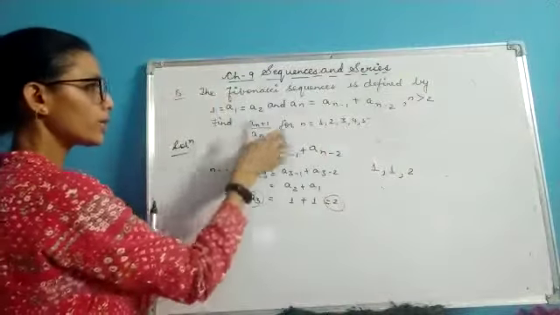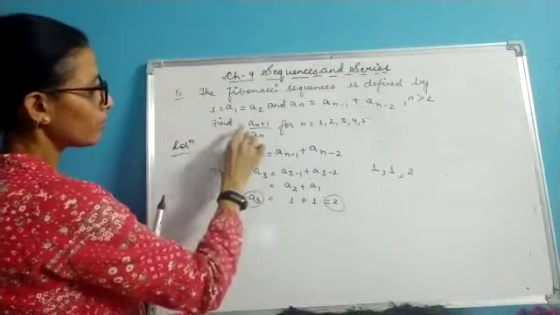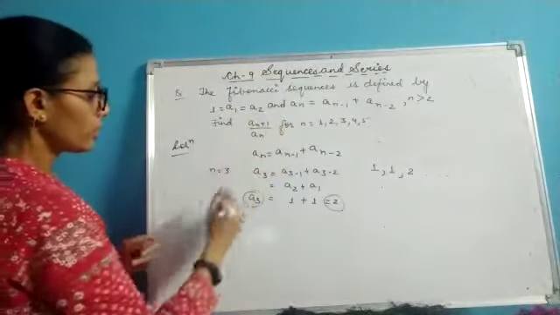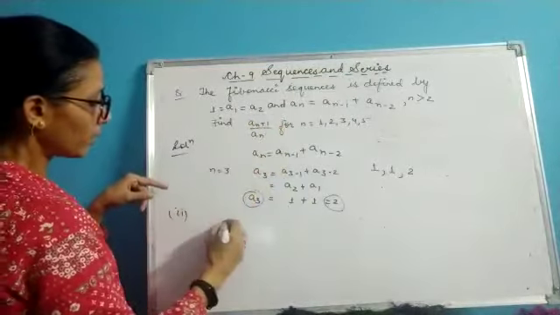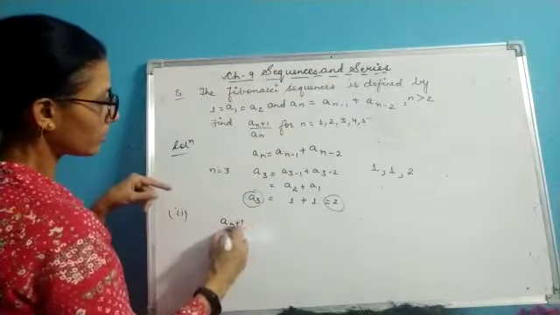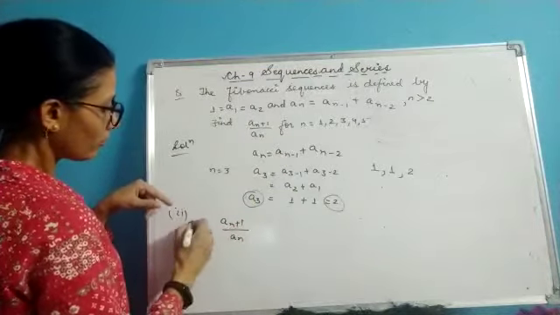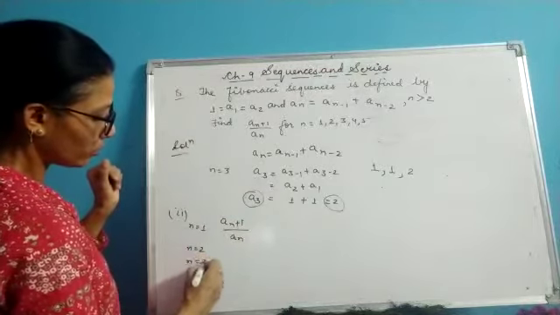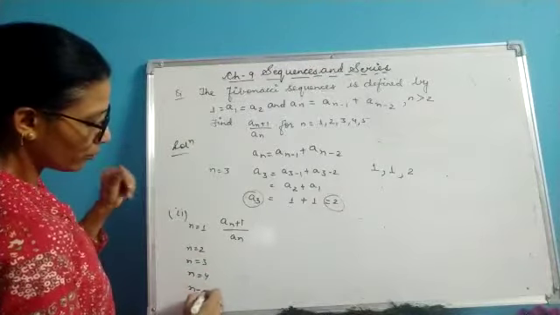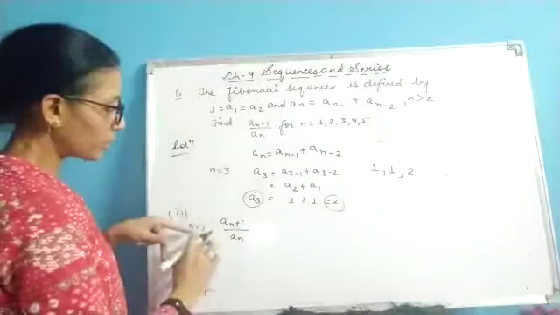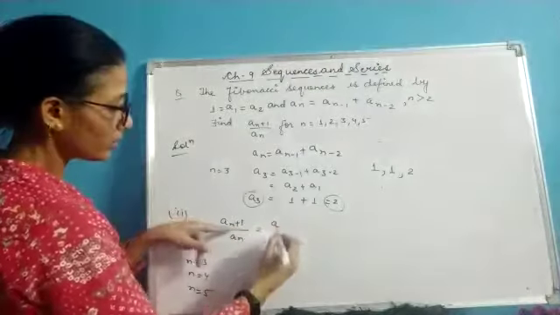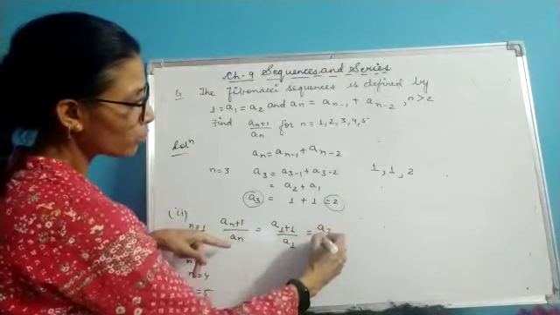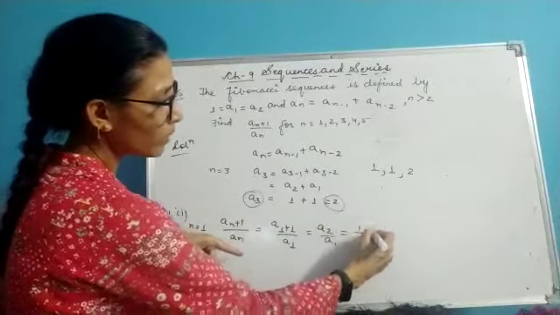Now children, this is another part which says if your nth term is this, then you find the values of it. So for the second part you will be writing it as a(n plus 1) upon an, then you find it for n equal to 1, then for n equal to 2, 3, 4 and 5. What do you have to do? You have to simply put n equal to 1 and calculate. So here it will be a(1 plus 1) upon a1. That means this is a2 by a1, which means 1 by 1, which is 1.